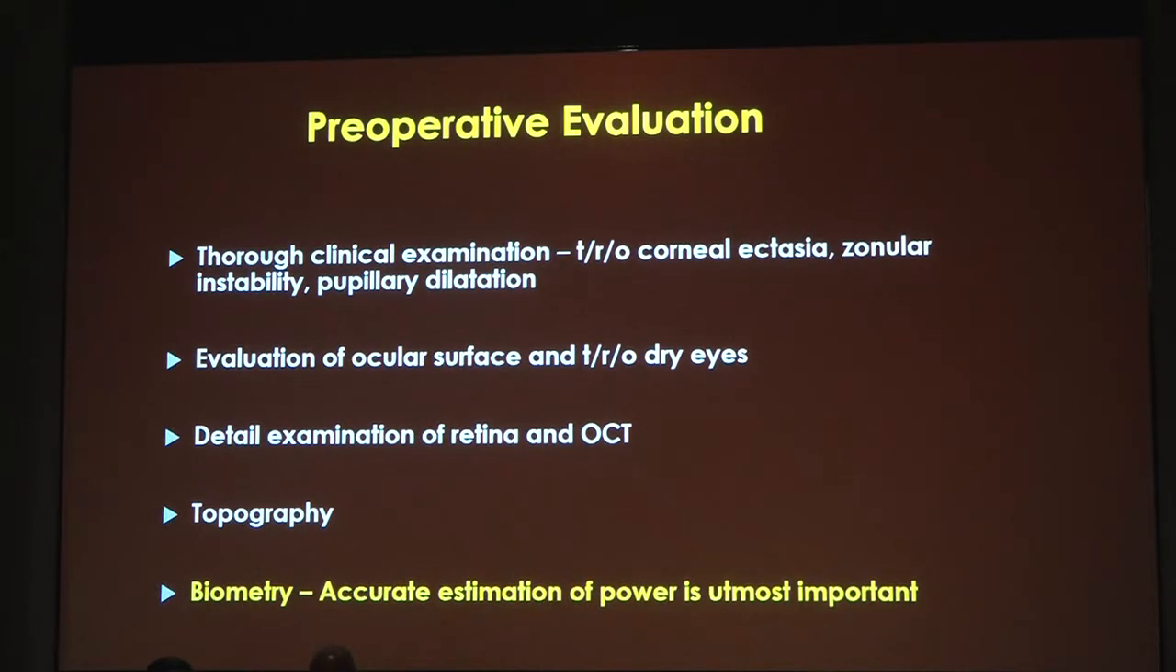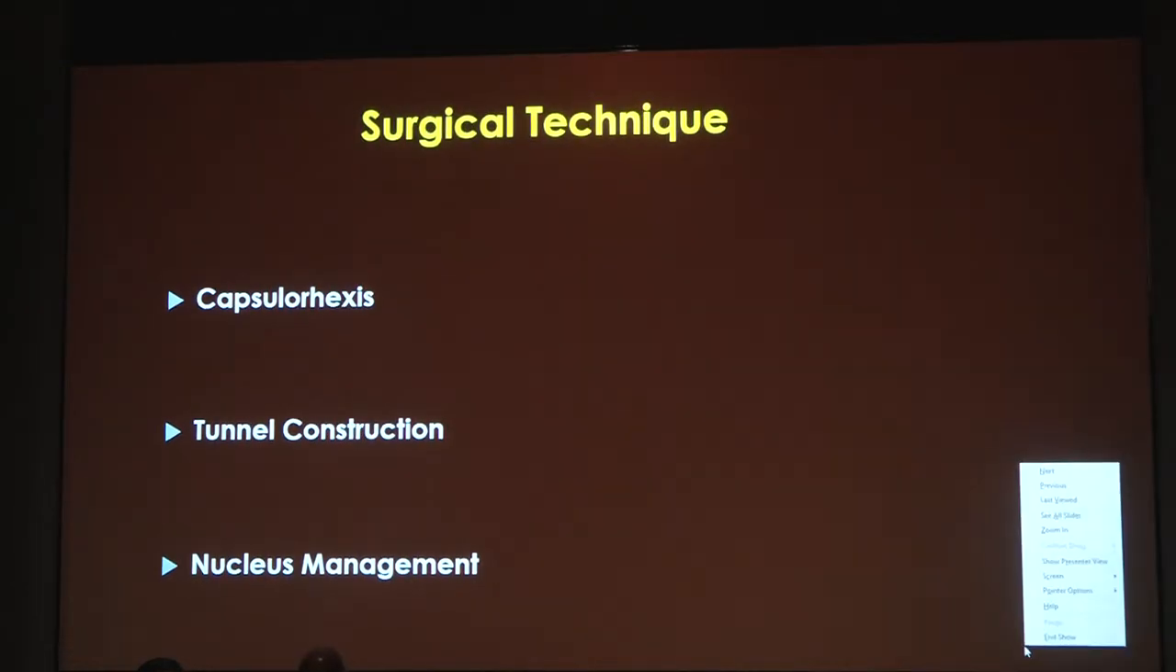An important point in this is that accurate biometry is of utmost importance. You may do perfect surgery, you may remove the hardest of nuclei through the smallest of incisions, but if your biometry is wrong, then everything goes haywire. Surgical technique. In surgical technique,